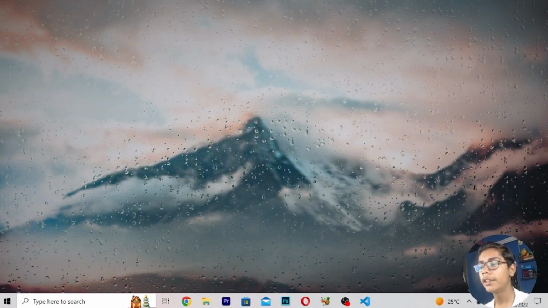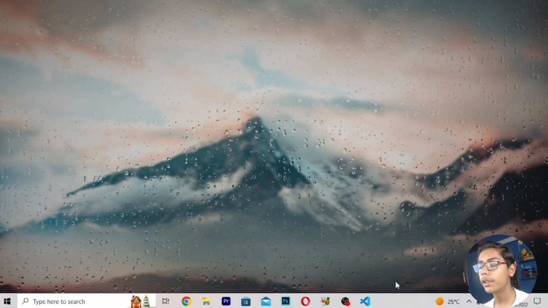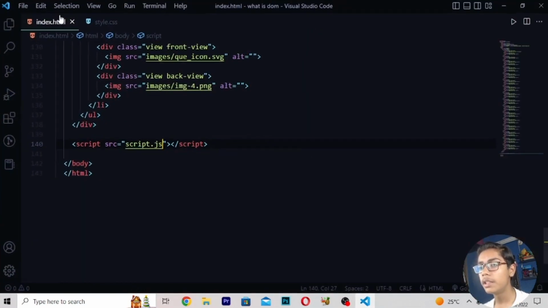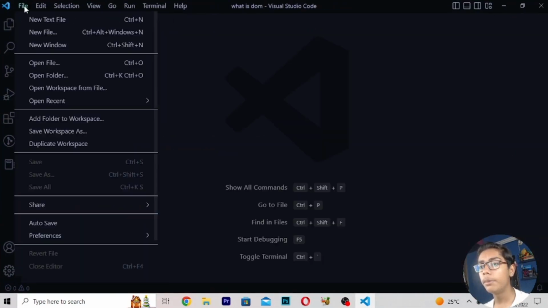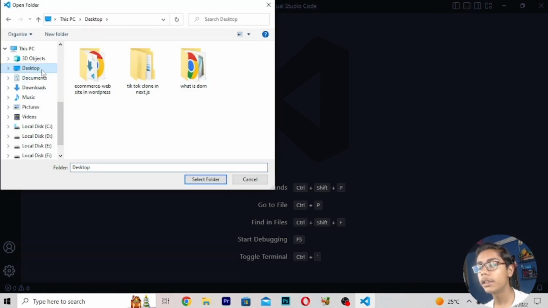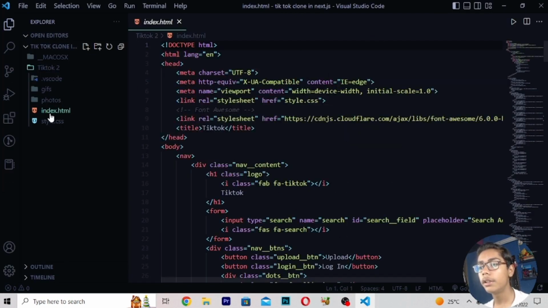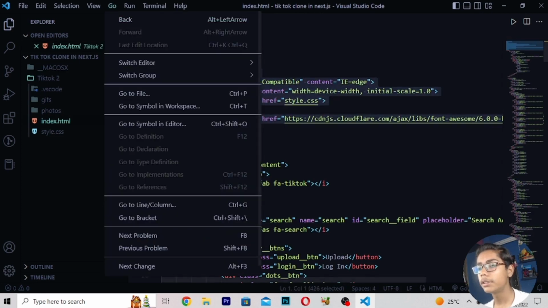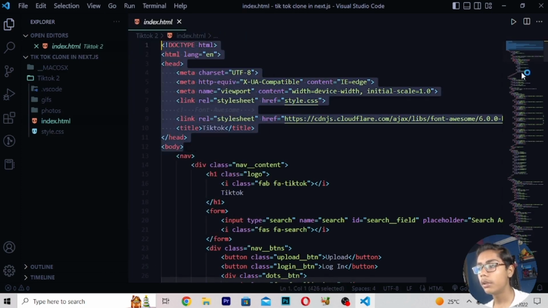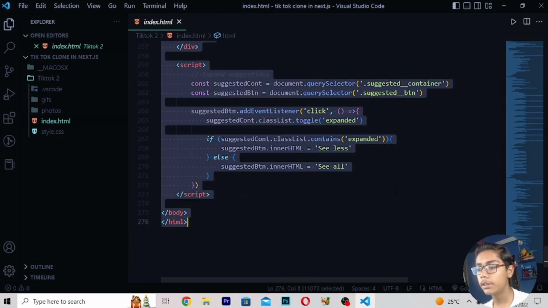For building this amazing TikTok clone, I will be opening my default Google Chrome browser, but before that I will be opening my VS Code. You can see I've opened this. Now I will be moving to File and opening the folder directly. This is the desktop here, and we are getting the folder of the TikTok clone. So here I've opened this folder. Now we are containing all these things in this. Here I will only be copying the starting code. Then you can see we are getting all this stuff. Now I will be erasing all these things.